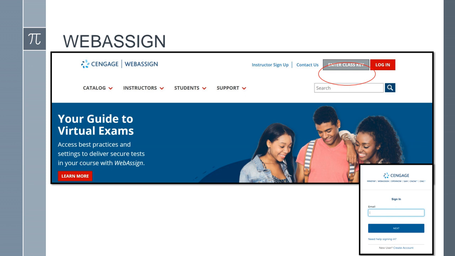So let's start first with WebAssign. Whether it's an online class or face-to-face class, depending on how your professor set up your WebAssign, most professors are going to give you a class key, and it will be on the syllabus. That class key usually starts out with your professor's last name followed by digits. When you log on to this web-based platform, you're going to click on enter class key,